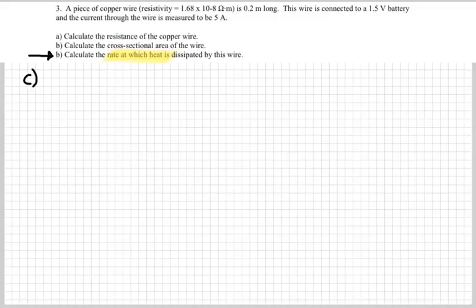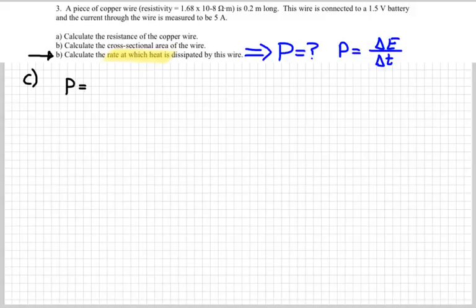When you think of rate and you think of energy, the thing we're really being asked to find is the power. Remember that power is the rate at which energy changes, delta E over delta T. So when you see the words rate at which an energy change occurs, what you're looking for is the power. And so I'm going to use the I times V form of the power equation